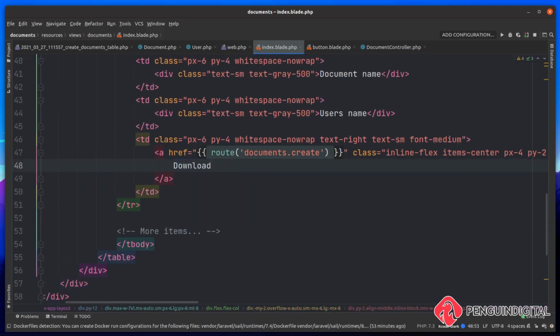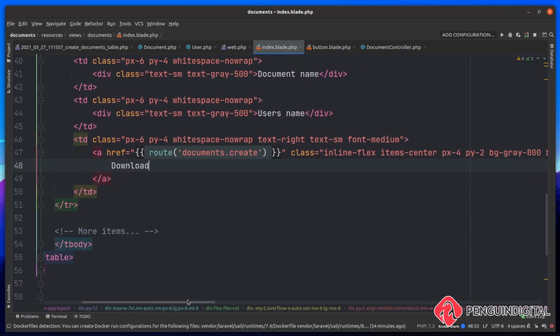Now we don't actually have a route yet for the download method, but we'll create that when we actually come to the point of firing in the download method. But for now, let's just leave this route going to the create, and we'll update that once we actually create the route for this. Now let's change the styling of this because we don't want it to be the same